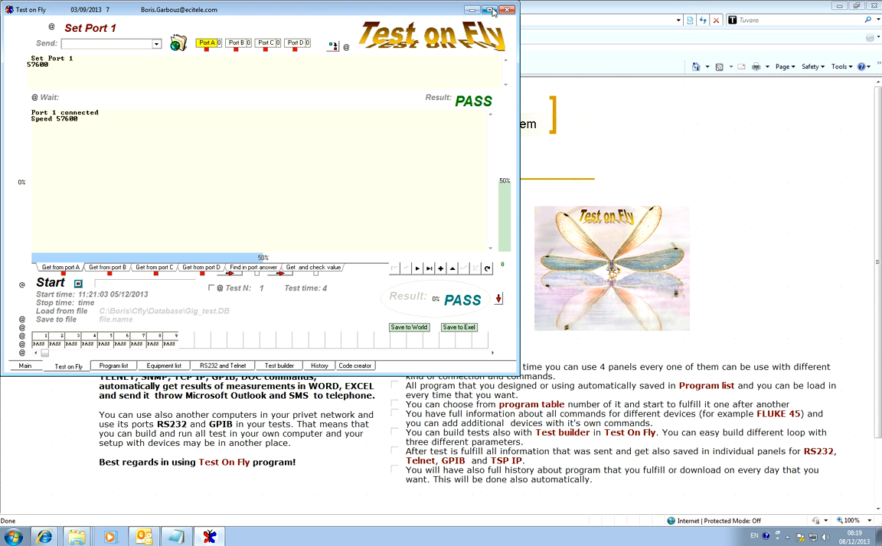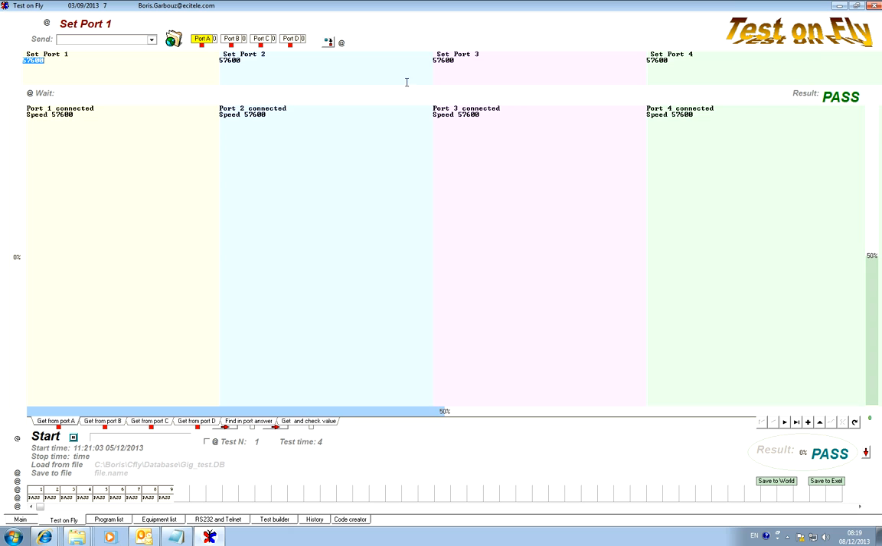And now, how is our program built? As you can see, there are 4 panels, panel A, B, C and D, and with the help of these panels you can connect to different ports. For example, if you want to connect to ports